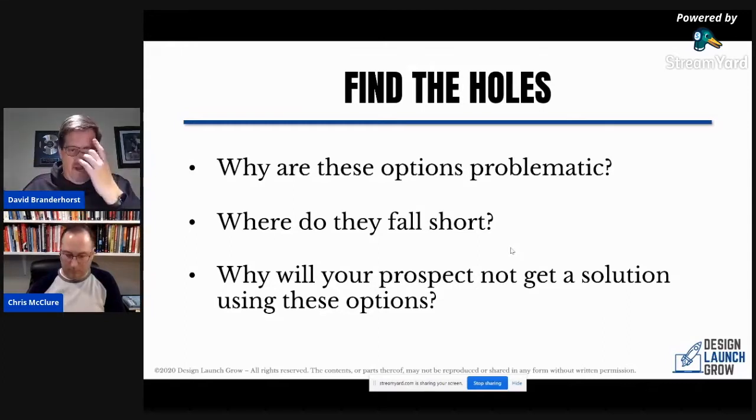Or the way that they're out there, they only solve half the problem. And at the end of the day, you're only dealing with the symptoms. You're not dealing with the cause of the problem. As a result, 6 months later, you're going to have the exact same problem again. You need to analyze those things. Where are they